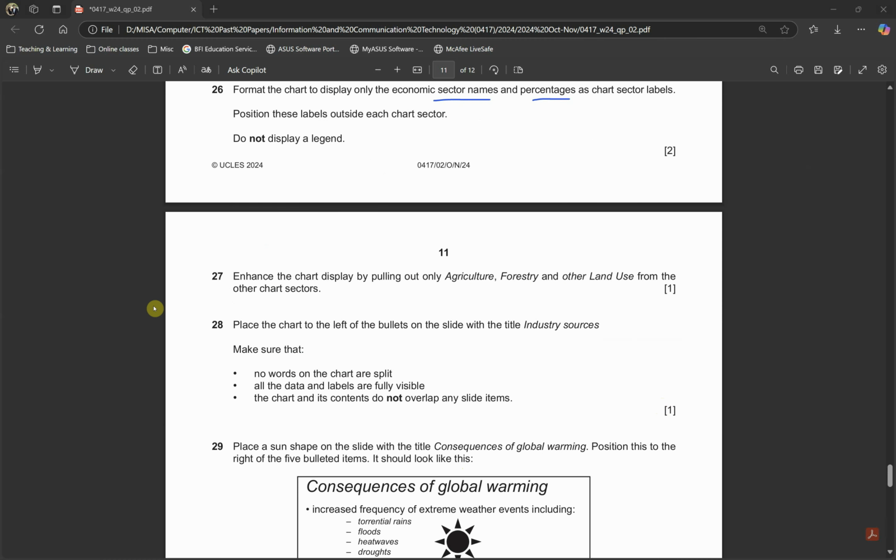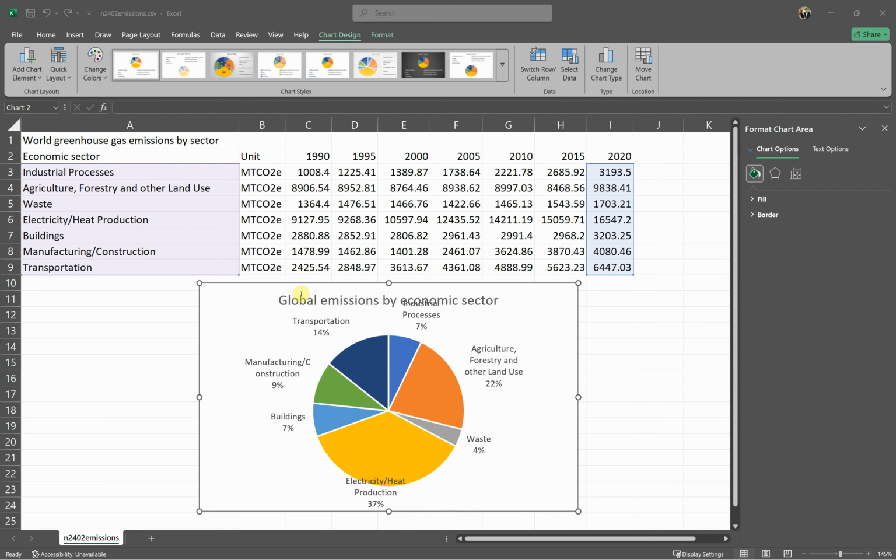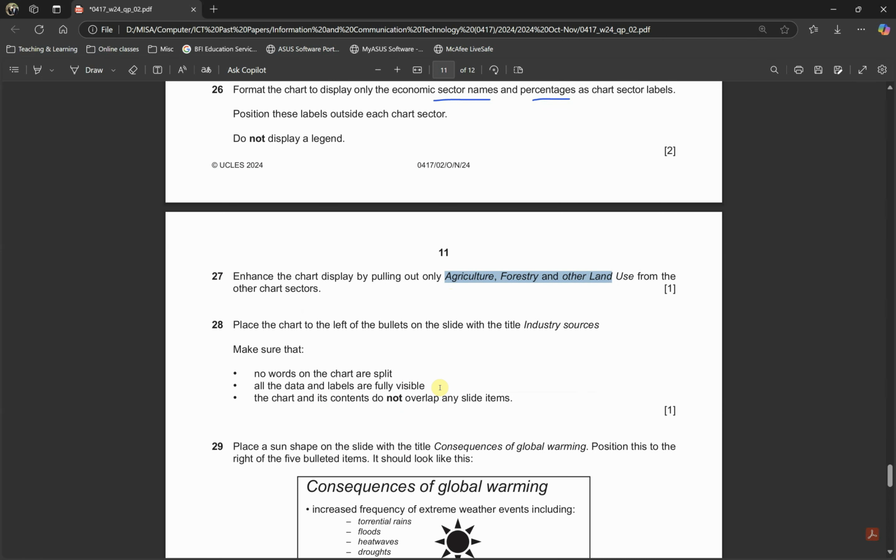Question 27, enhance the chart display by pulling out only agriculture, forestry, and other land use from the other chart sectors. So you can see here that we have this agriculture, forestry, and other land use. We need to pull it out a bit. So just simply double click on it and then try to pull it a bit to the outside portion. So that's it. 28, place the chart to the left of the bullets on the slides with the title industry